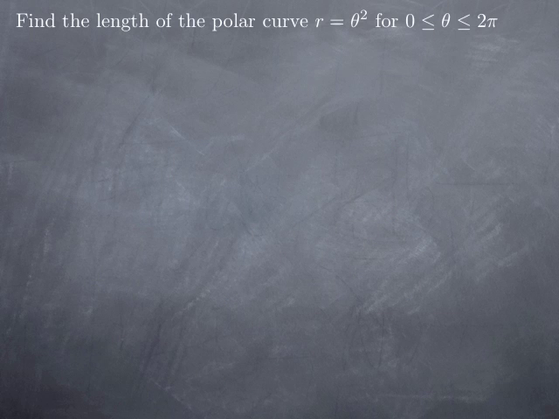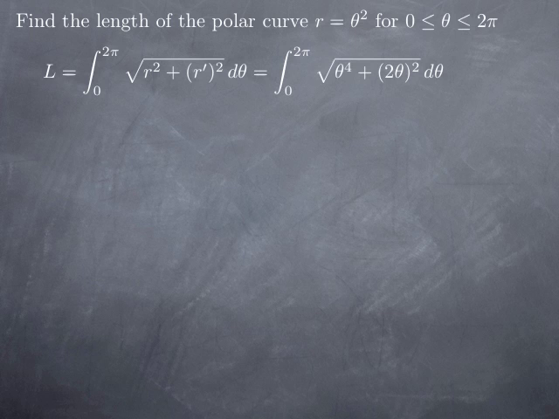Let's take a look at another example. Let's say we want to find the length of the polar curve r equals theta squared for theta between 0 and 2 pi. r here stays positive, and theta squared for theta positive is one-to-one. So there is no repetition of any point, and the curve is traversed exactly once as theta increases from 0 to 2 pi. Therefore, we can apply our formula, and the length is given by the integral from 0 to